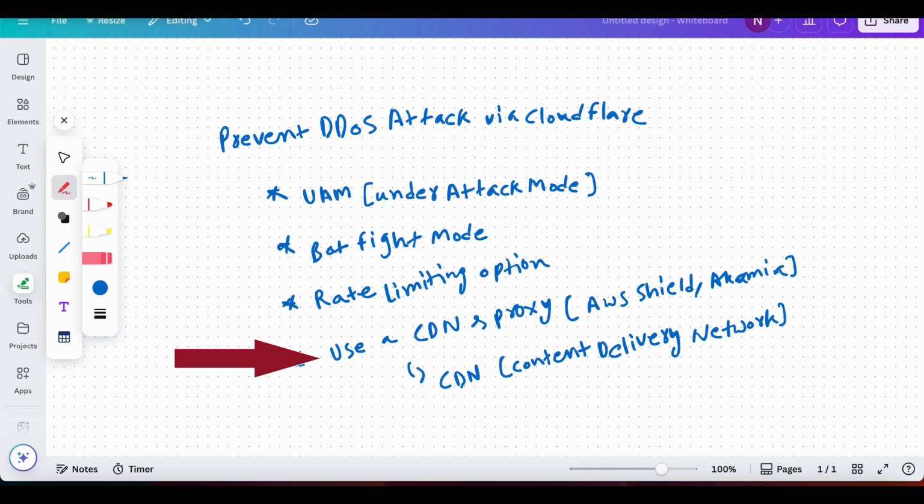What exactly does a CDN do? A CDN will hide your real server IP, so it saves your IP from the spammer, right? Second, traffic first goes through the CDN and the bad traffic is filtered out. Only clean traffic reaches your server. This way you can prevent a DDoS attack. This is the first thing. Second is UAM, and let's see how we can